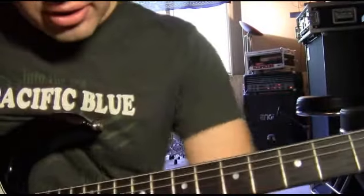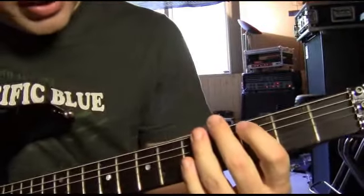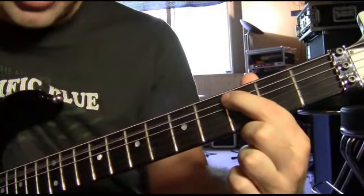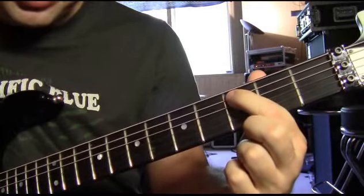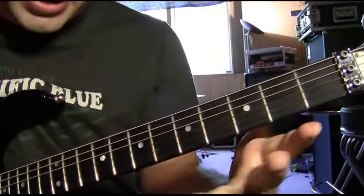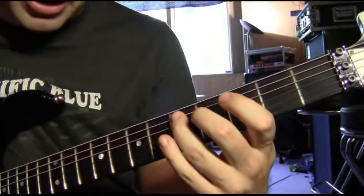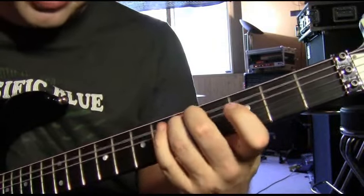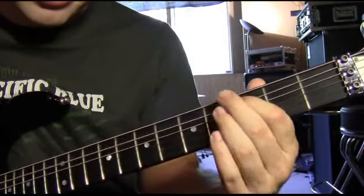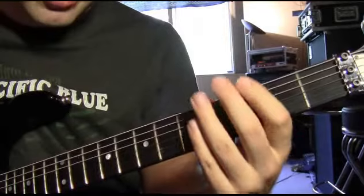Okay, all right, so we start over here, and we're gonna go like this: 0, 3rd fret on the 5th string, and pull it off to the 0 again. And then again with the 5th fret with the ring finger, and pull it up to 0. So we have,